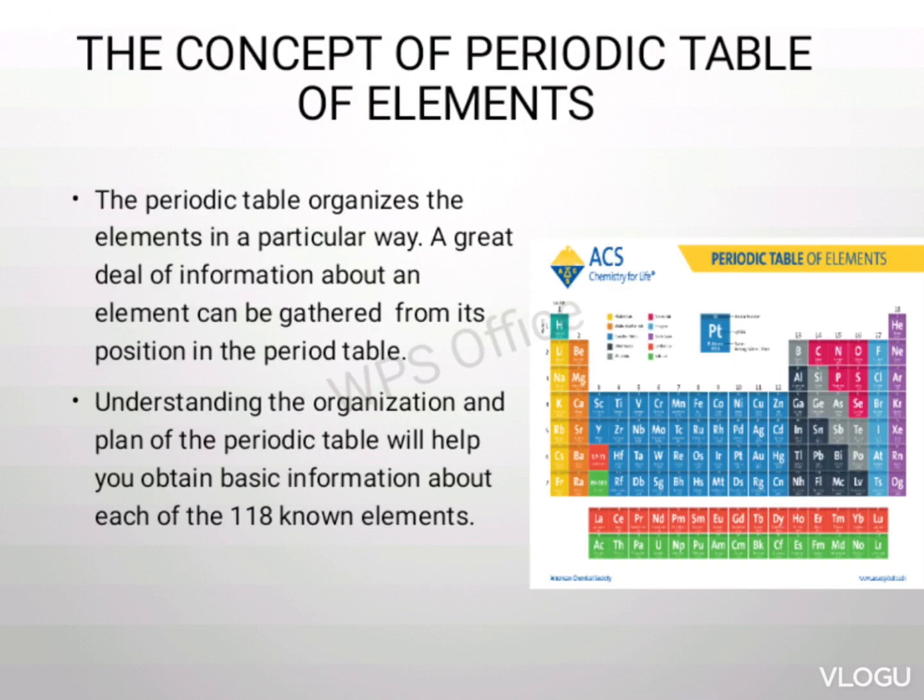This is the concept of the periodic table of elements. The periodic table organizes the elements in a particular way. A great deal of information about the elements can be gathered from its position in the periodic table. Understanding the organization and plan of the periodic table will help you obtain basic information about each of the 118 known elements. The periodic table is a chart which arranges all of the known elements according to